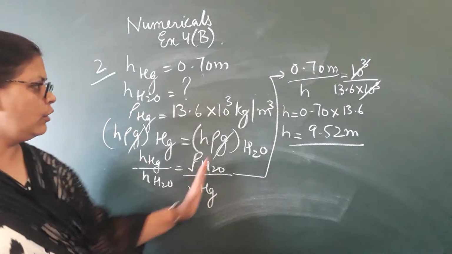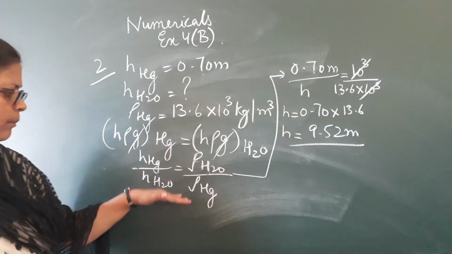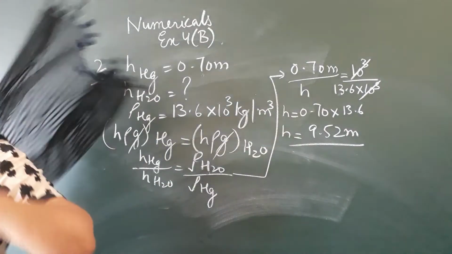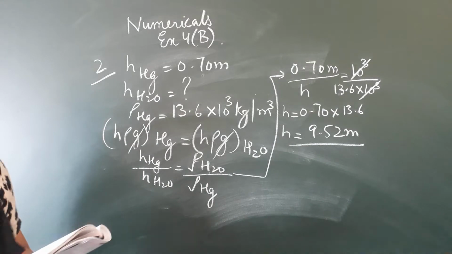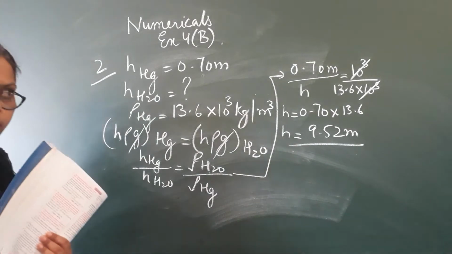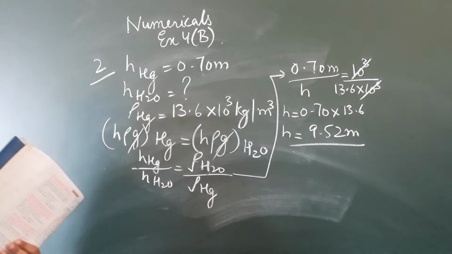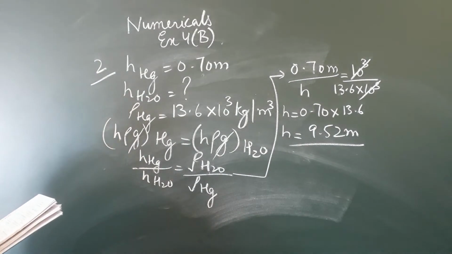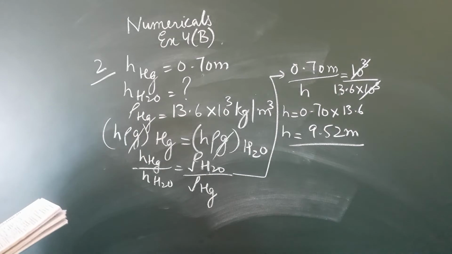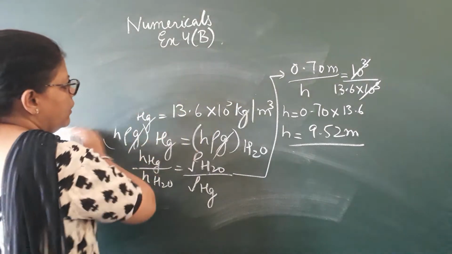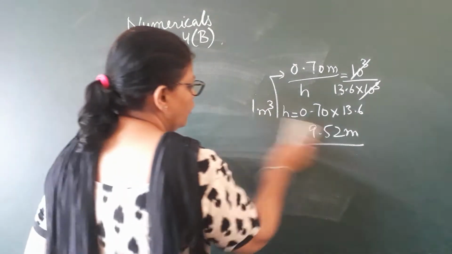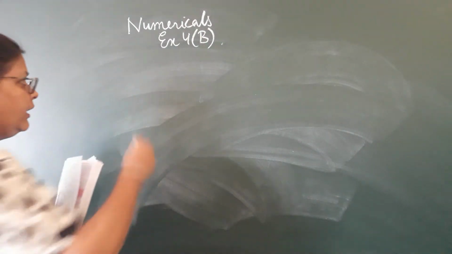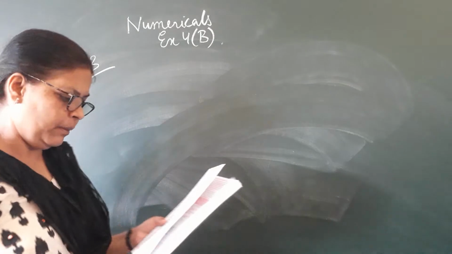Just have a careful look at how I got this formula and how I substituted the values. Then I go to the third numerical problem for you. Please have a look. The third question is slightly tricky, so I want you to be very careful. Go through this. Okay, children, now I move to the third numerical problem, and it is slightly different. I want you to look at it properly and understand.